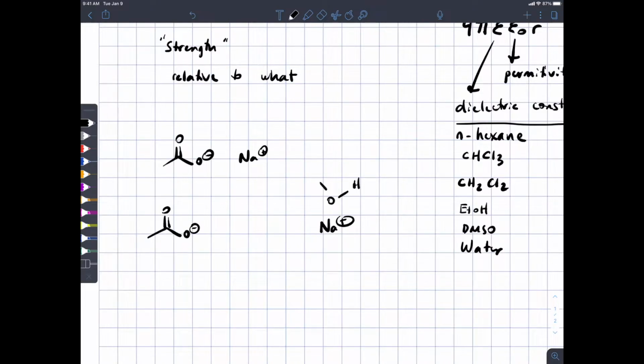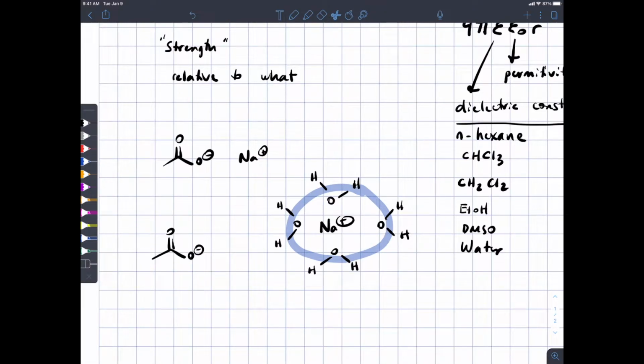In the case of the cation, you would have the sort of electron-rich part of the water molecule oriented towards the cation, and this would be surrounding the molecule in 3 dimensions. And then in the case of the acetate anion, you would have water molecules orienting themselves so that the electron poor part of the water molecule is near the acetate ion, and so